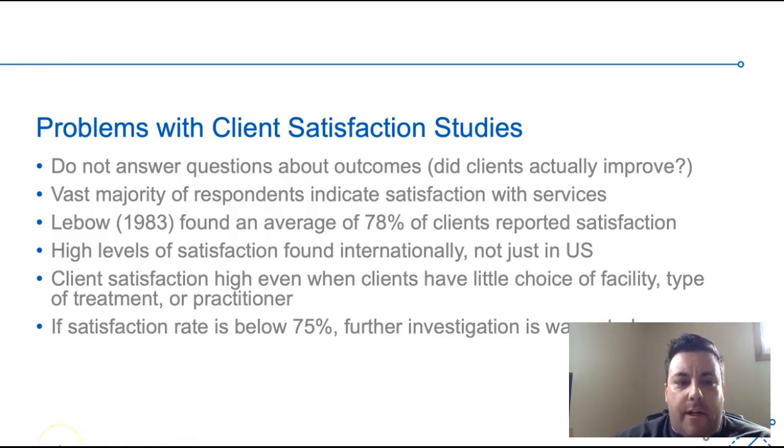The other thing to mention, in the human service world with client satisfaction, is that sometimes agencies are really specialized. They might be the only agency that does this kind of thing in a county or in a city or in a region, and so clients have no choice in that kind of facility. And that tends to predispose them to reporting high levels of client satisfaction, even though in that kind of context, when there is very little choice in the matter, client satisfaction isn't necessarily as important.